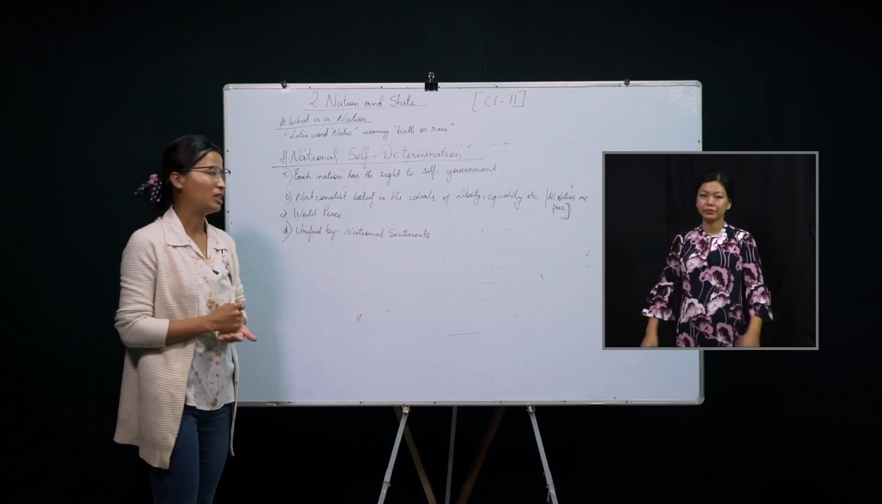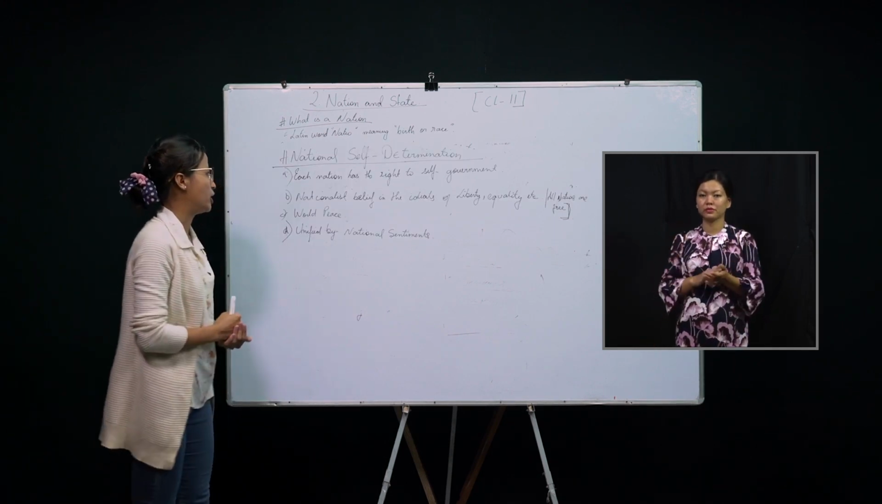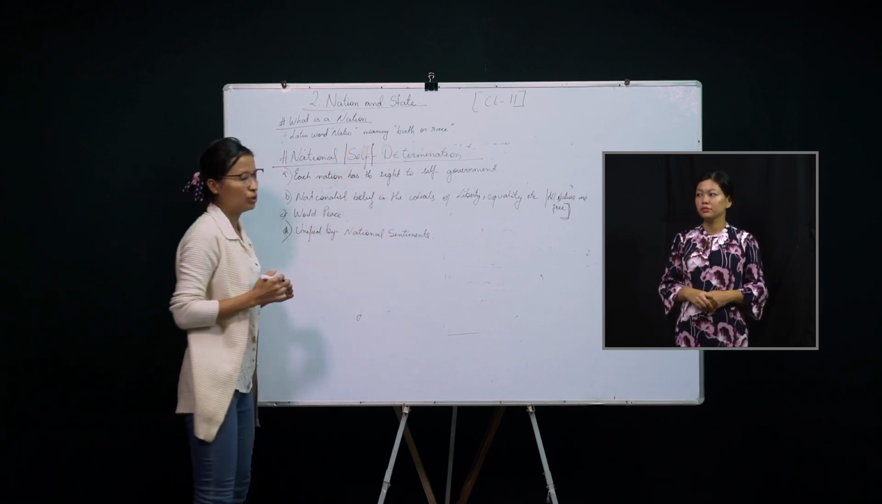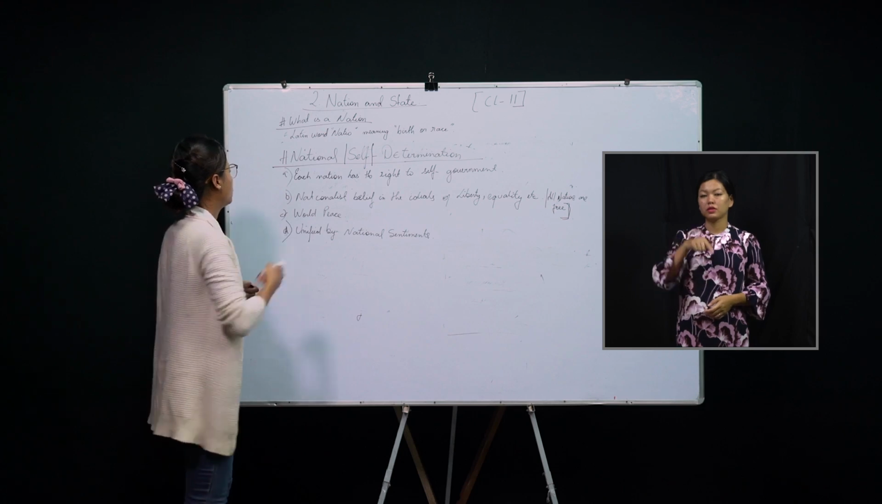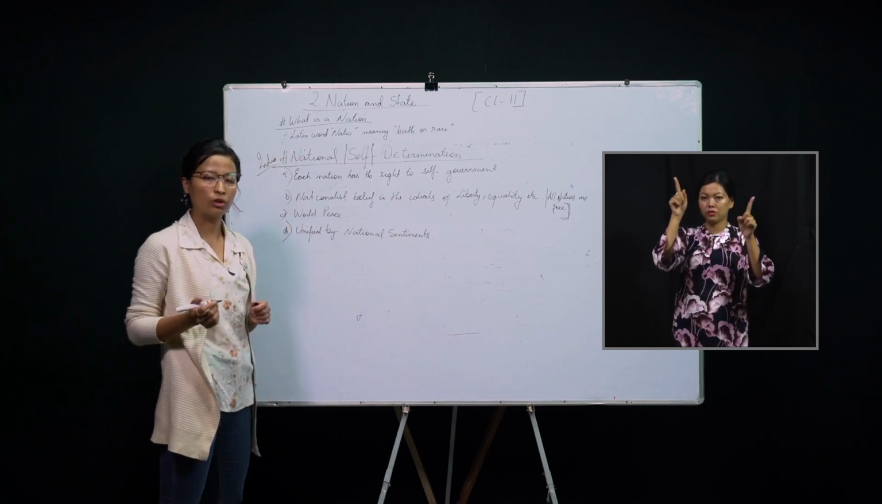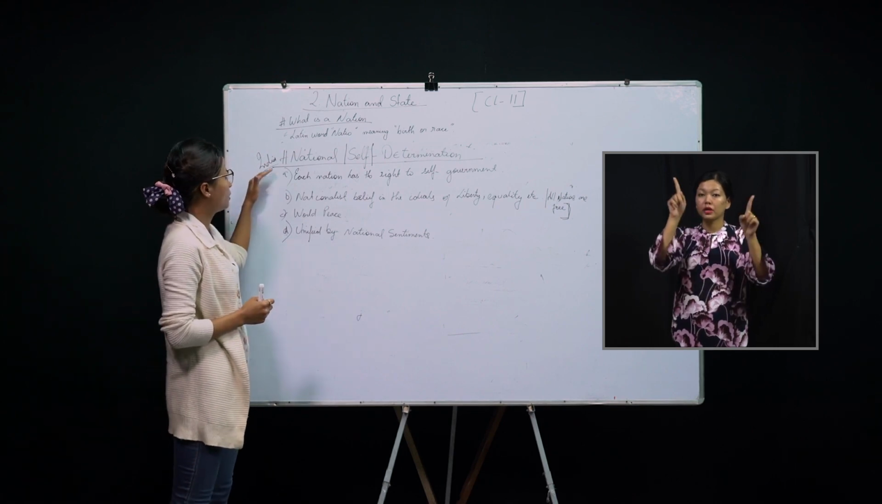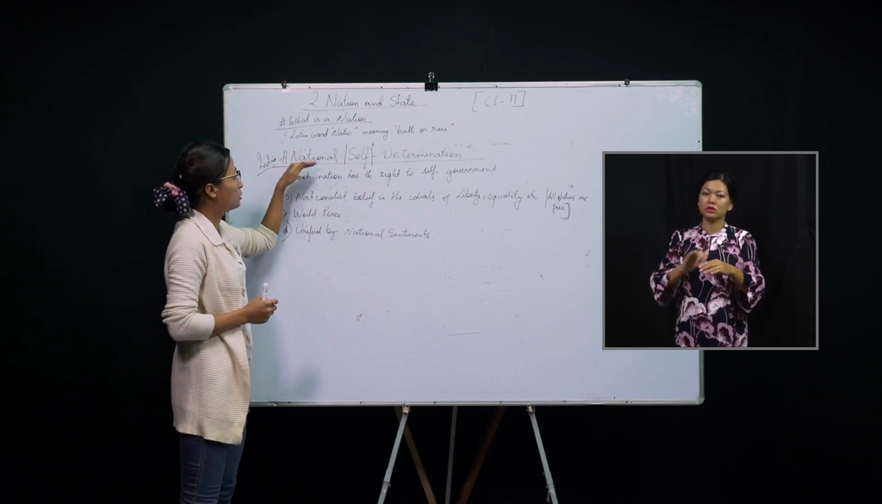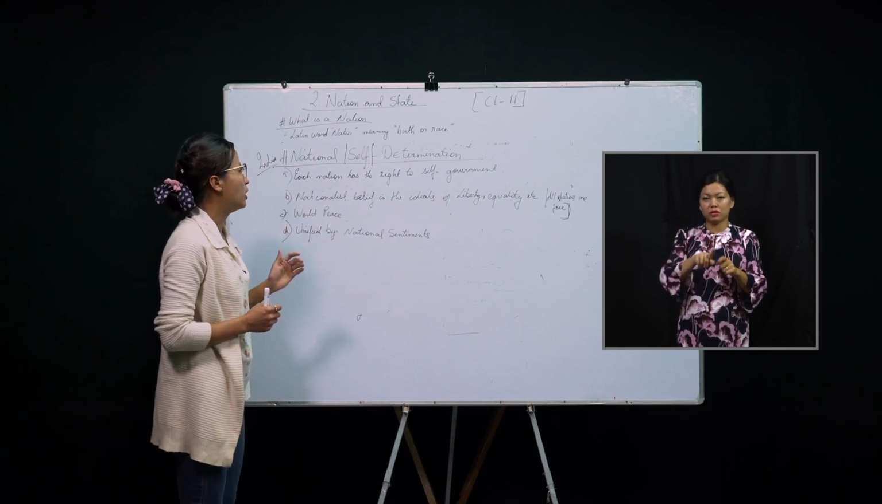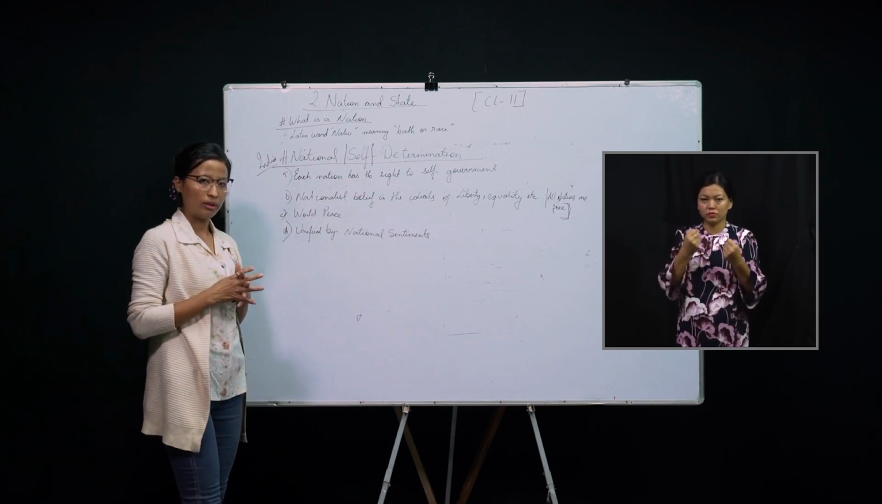Okay, our next topic is national self-determination. This means a nation determines itself. For example, we can take the country of India. She got her independence from colonial rule and now she is free. She has the national self-determination to run her country or her government in the way she thinks best